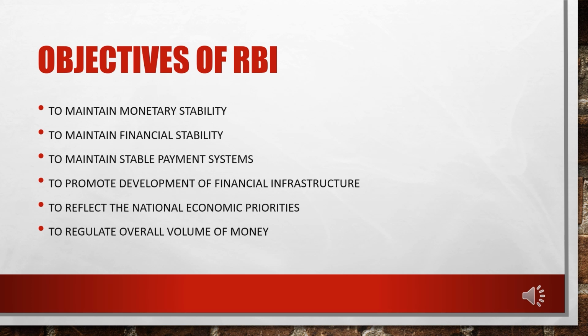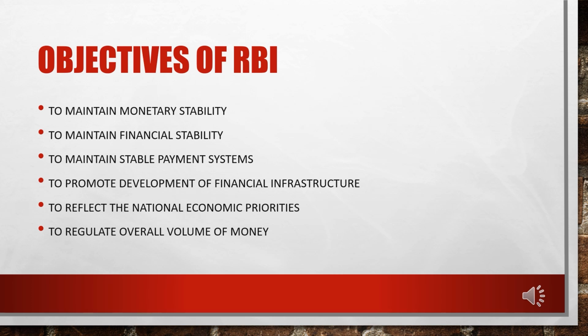The financial transactions can be safely and efficiently executed because you already know that the commercial bank is the most important payment gateway in the particular system. Then RBI ensures that the payment system should be stable. There should not be any kind of hassles in terms of transactions. If the transactions are hassle free, people will have confidence in the market. And if the confidence of the people is more, automatically what will happen? The safety and efficiency of all kinds of transactions that are executed will improve, and the participation will also increase.